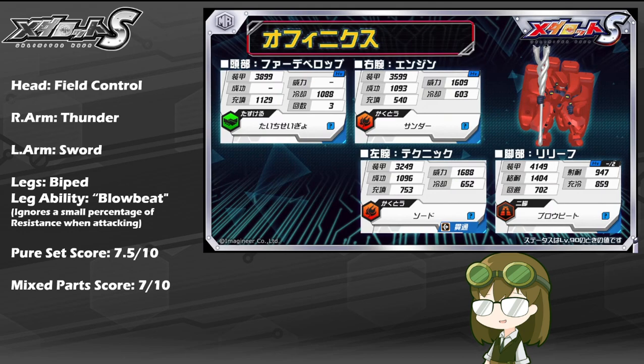Now, across the board though, she is, like I mentioned, moderately tanky at about 3900 HP for the head, about 3600 for that right arm, about 3250 for the left, and a little over 4100 for her legs. So she can definitely take a hit moderately well, especially if it's coming from an incoming melee-based enemy more than